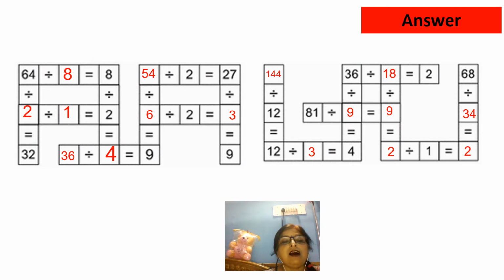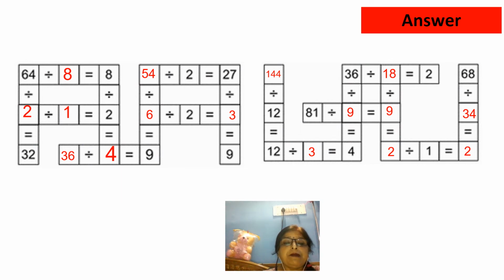Students, this is the answer slide of the previous question. First, 64 divided by what, and you have to get here 8? So it will be divided by 8. Next, 64 divided by what, then you have to get 32 as the answer? So it will be divided by 2. Next one, 2 divided by what? Your answer is here 2. So here you have to write 1. Next,